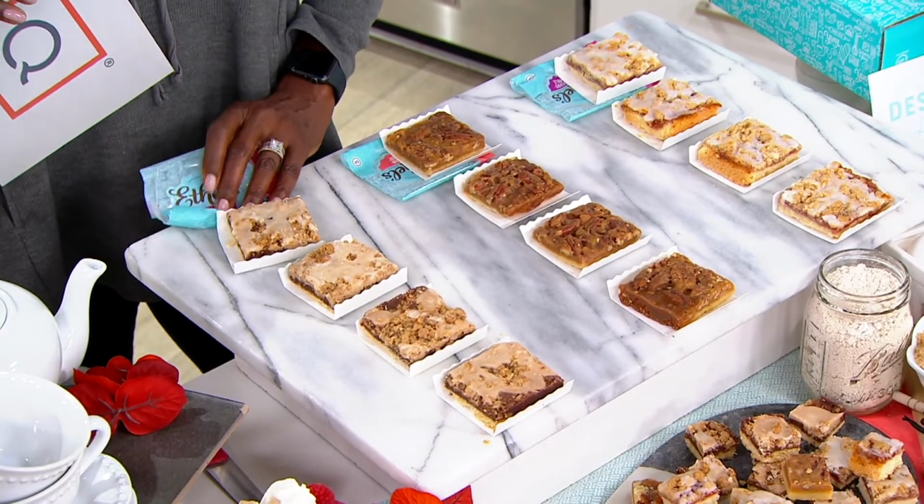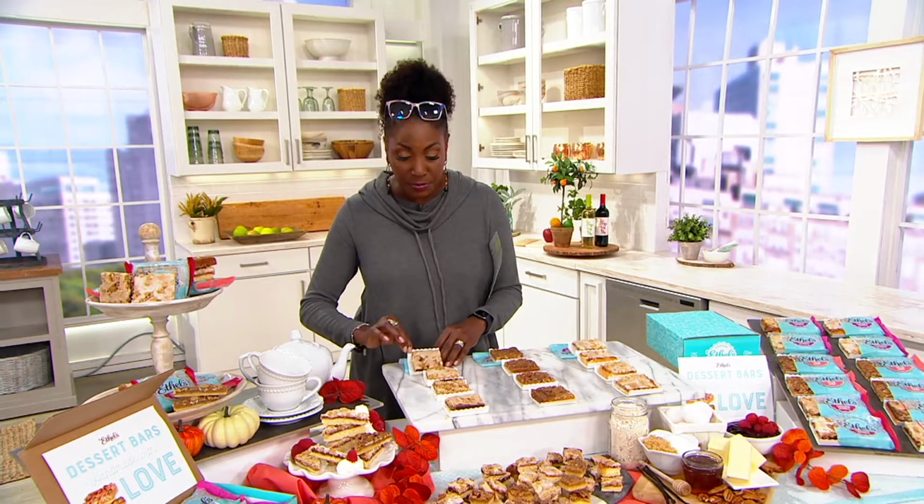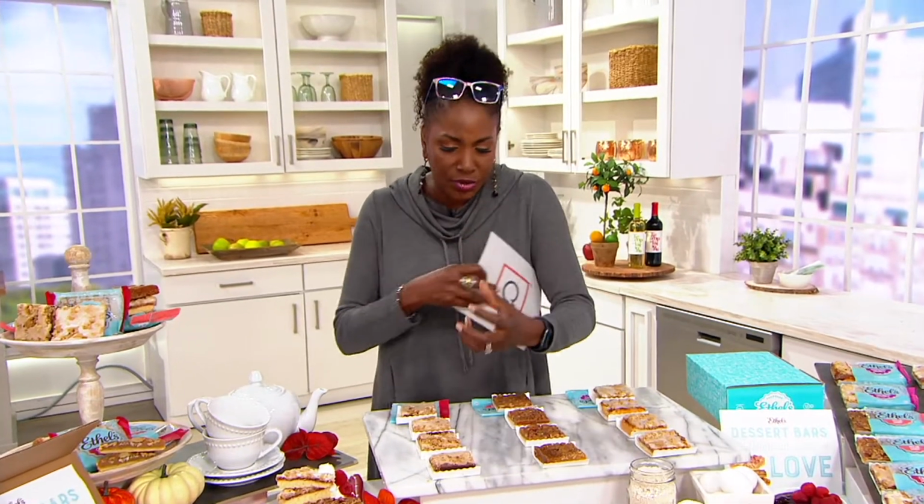I did have the opportunity to try the pecan. I did it right before the show, and I was just blown away at how moist and delicious, and the texture of the layers of nut and the cookie on the inside. It's outstanding. So I want to invite you to place your order for it,